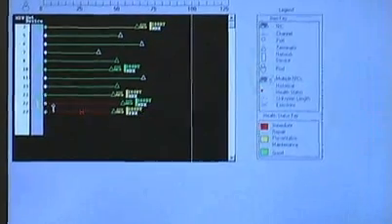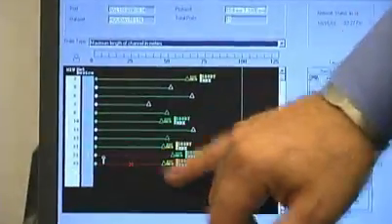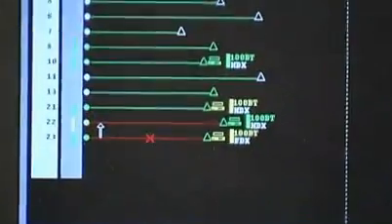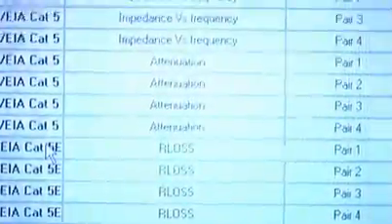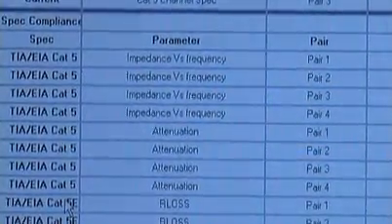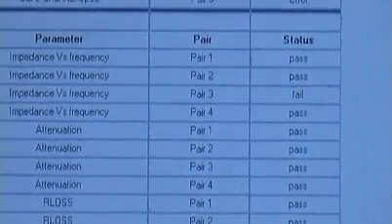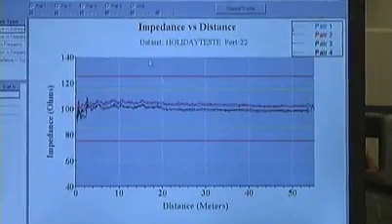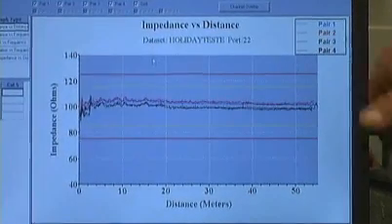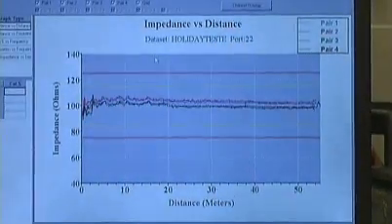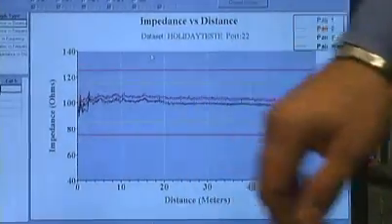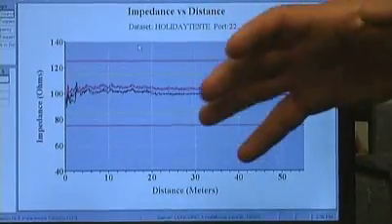Okay, we're back to our main screen, and what we're going to do is we're going to come down here and actually look at a channel that clearly failed the EIA/TIA spec, and we're going to click on that, and it's going to quickly tell us that it failed on pair 3 and it failed the frequency spec. Signature of that channel, again, the first thing that comes up is the impedance versus distance. You can clearly see again a spike right in the middle of the patch cord,